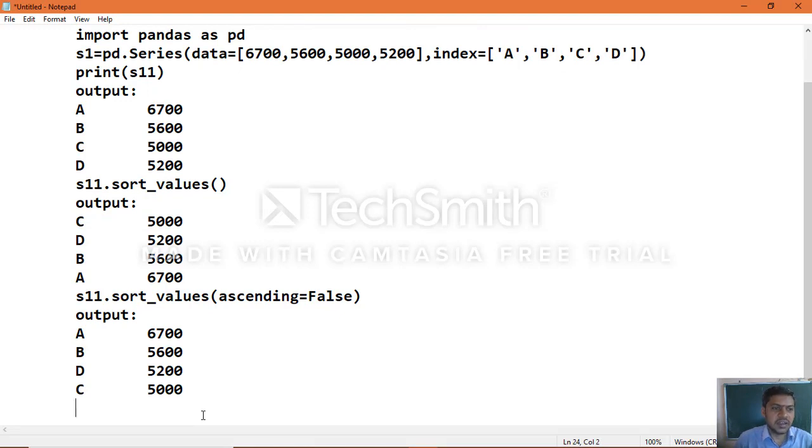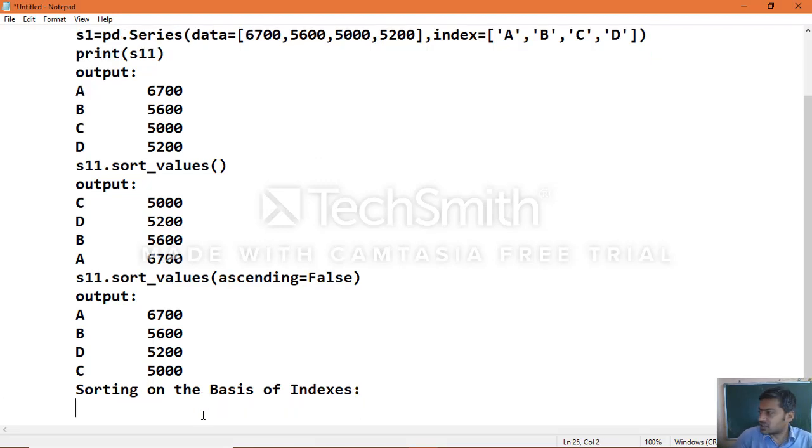So that is how you can sort the data on the basis of values. In the same manner, sorting on the basis of indexes.